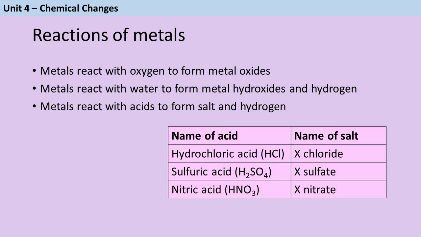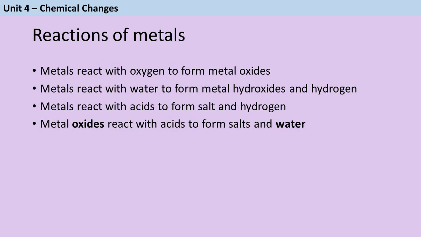The salts that are formed are each going to have 2 names, kind of like a first name and a surname. So if you put a metal in hydrochloric acid, the name of the salt will be the name of the metal followed by chloride. So for instance, iron and hydrochloric acid will make iron chloride, or tin and hydrochloric acid would make tin chloride. Sulfuric acid makes sulfates, so magnesium sulfate, zinc sulfate. Nitric acid makes nitrates. You need to know that metal oxides can react with those same acids to form salts